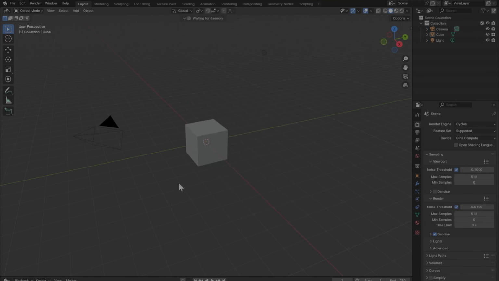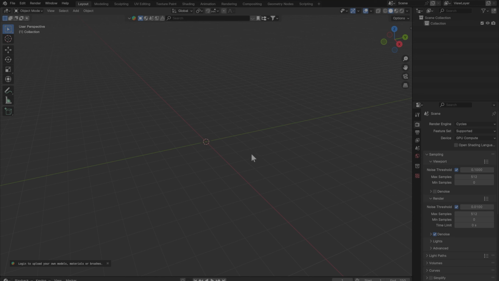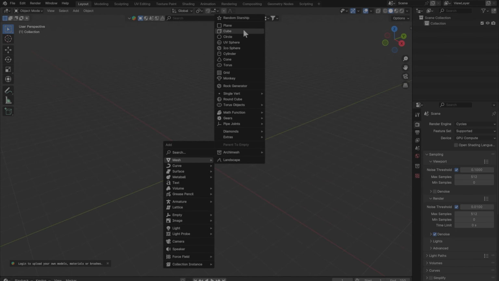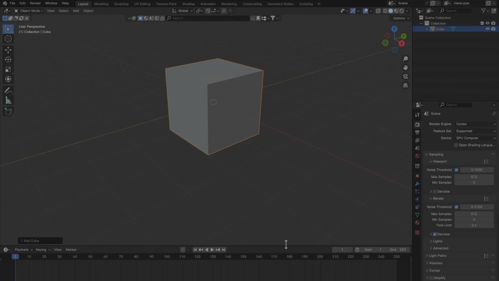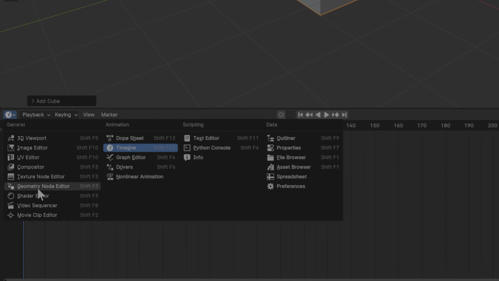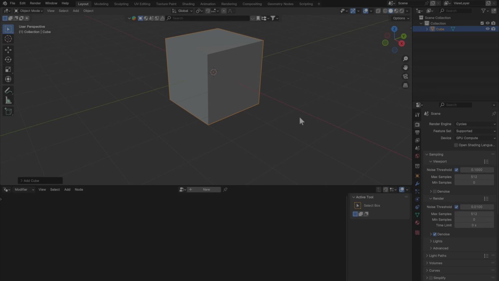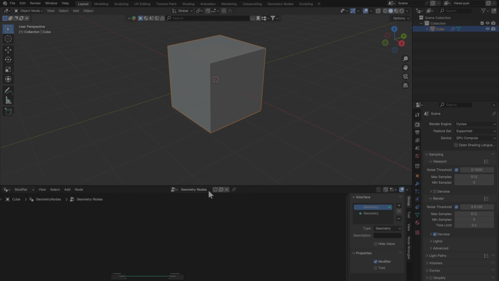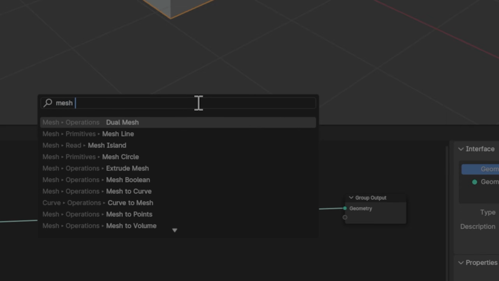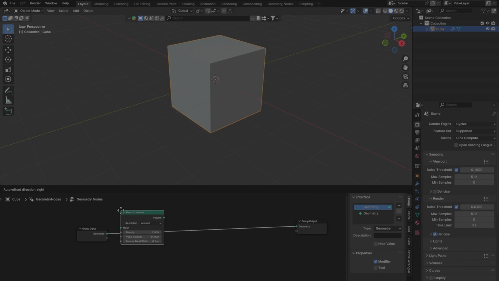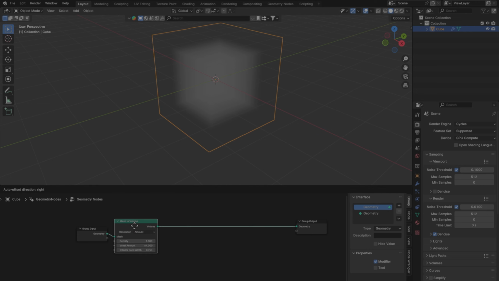So the first thing we need is creating the node setup for geometry nodes. Delete everything from the viewport and add a cube. Now after adding the cube, just drag the timer slider and go to geometry node editor and create a new geometry node. After creating a new geometry node, now search for mesh to volume, and there you go. Add that volume